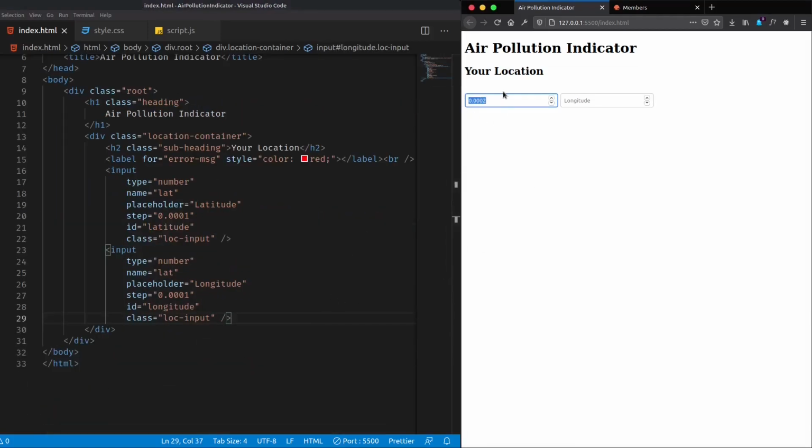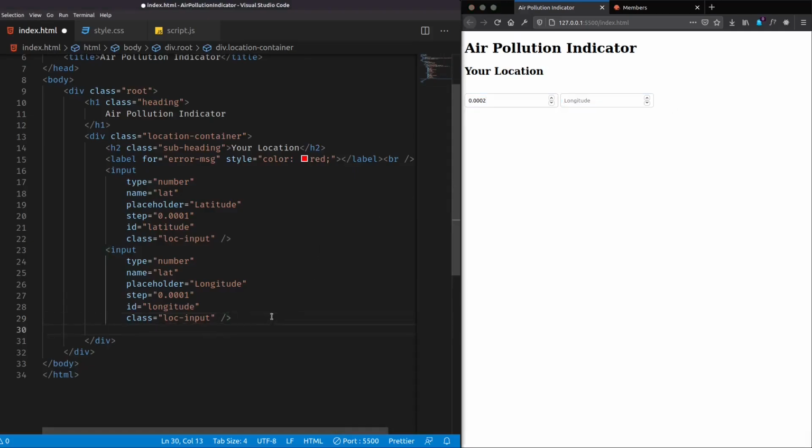The input field is because if the user denies to give his location, he can manually enter the latitude and the longitude and search for the air quality. So we are going to add a button also which will say search and the class search btn.